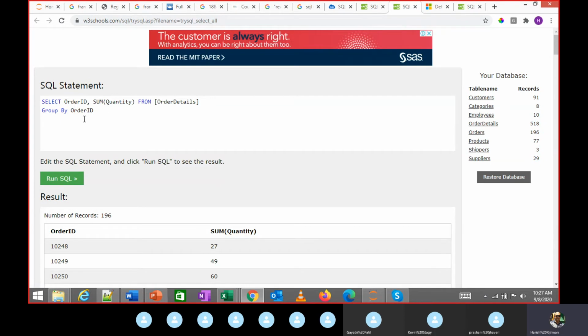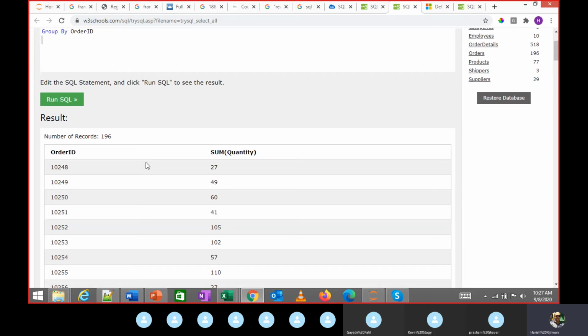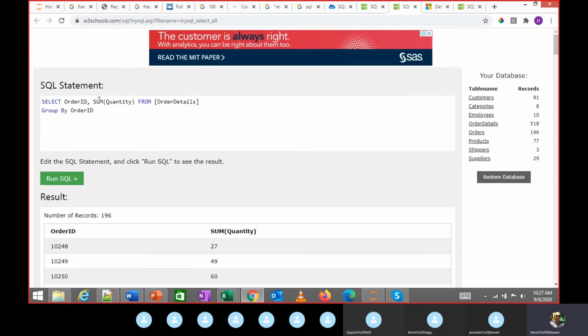You can think of this like a subtotal. In Excel we saw the subtotal, wherein it was grouping based on one particular field, and for any change in that field you sum those values. That is what is happening here.